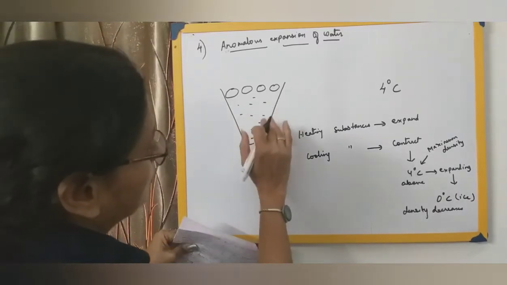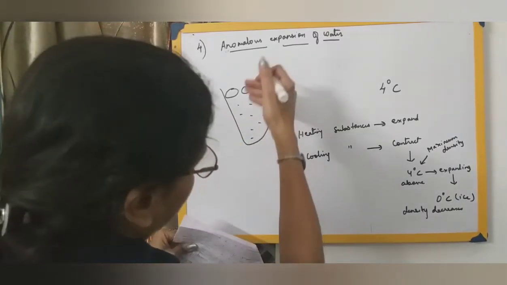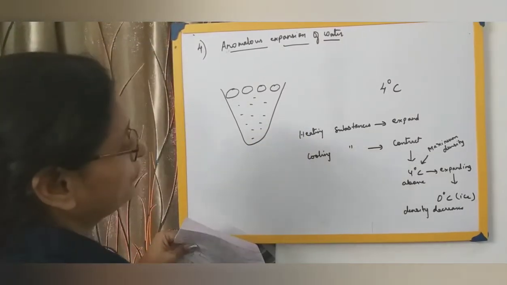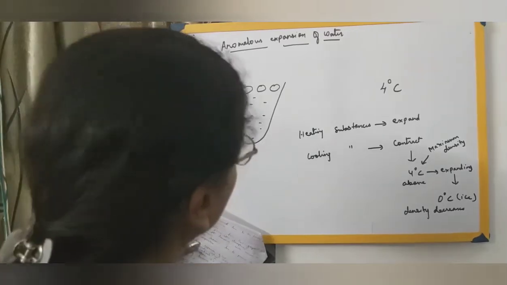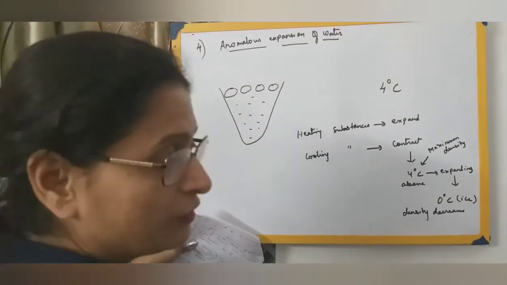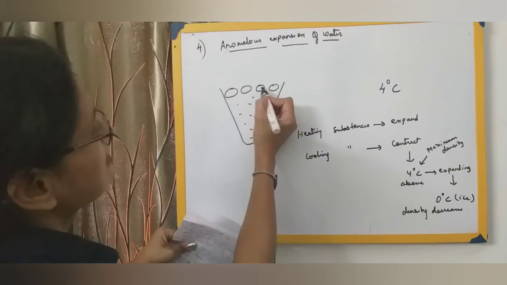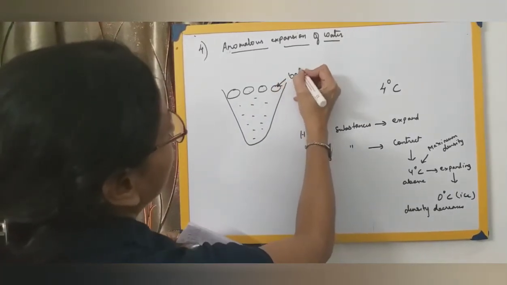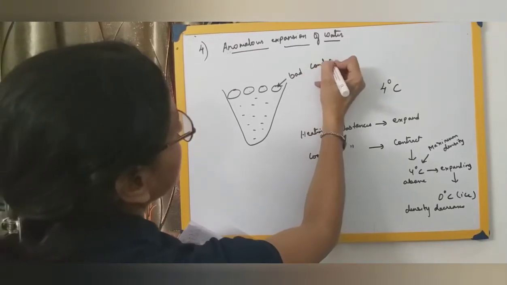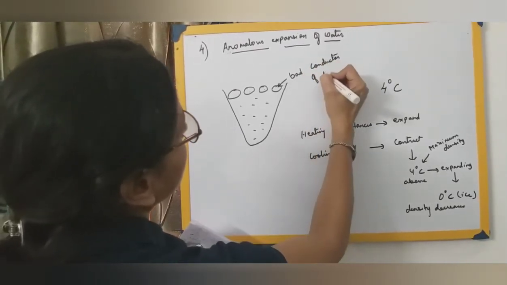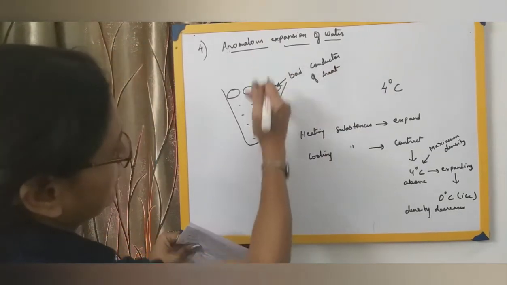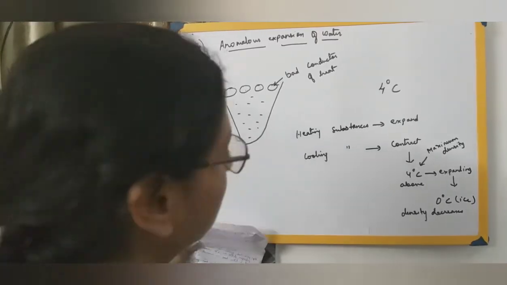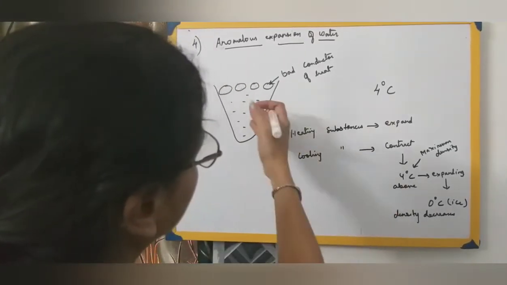That means this water, ice remaining on the top, the layer below is in the liquid state, where the marine life, the fishes, aquatic life can survive. At the same time, when ice is at the top, we know ice is a bad conductor of heat, so it is not going to allow any heat to come into this water, and therefore the marine life, the fishes and all, can survive in the water.